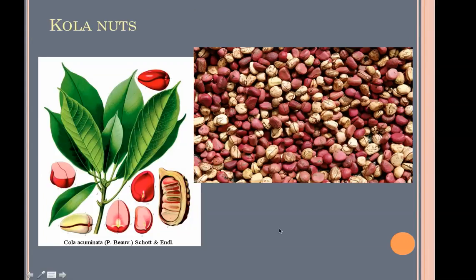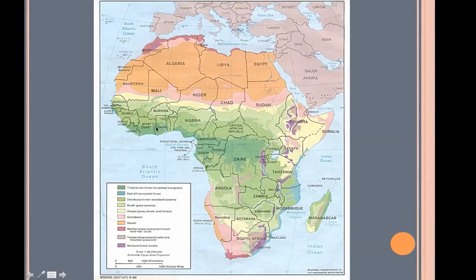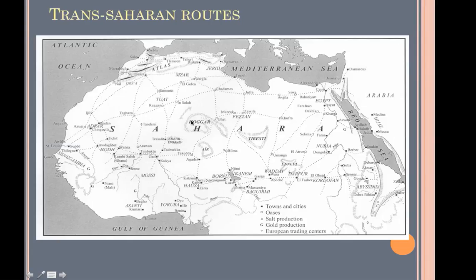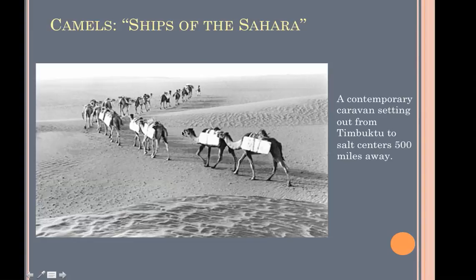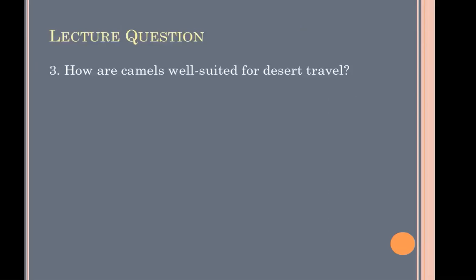But within those forests, there are important resources like kola nuts, which was a major trade good. This was an original ingredient, by the way, in Coca-Cola. So we're talking about these forest zones right in here, meeting the drier areas a little further north. So what did it take? Well, it took what was known as the ships of the Sahara, camels. They still are in use today in many parts of the Sahara, usually trading in salt, as you see here, and there are some major sources of salt in the desert itself. But why are camels well suited for desert travel? That's your next one. What characteristics do they include?